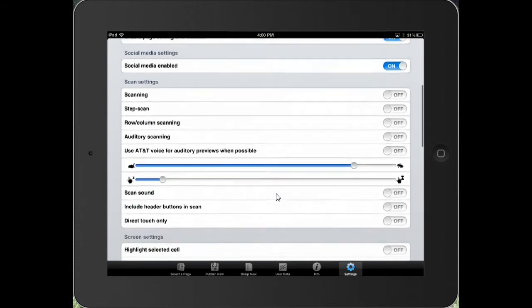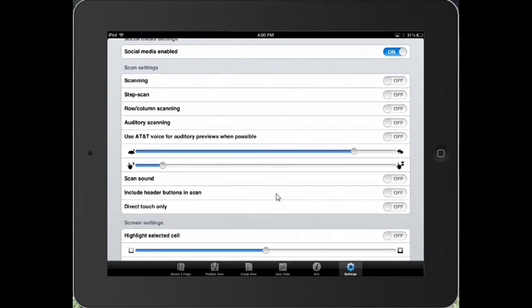Now, for users who cannot access their AAC system with a finger tap, they can use the iPad as an actual whole button switch, or you can use Bluetooth switches as well. So you can turn on scanning as an access option. Step scanning you can turn on, so you can use two switches. The row column can be turned on, so when it scans the whole row and column, or if it's off,